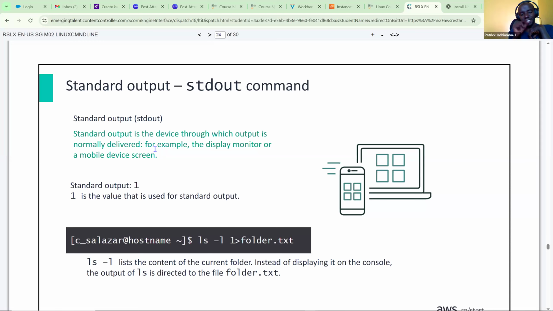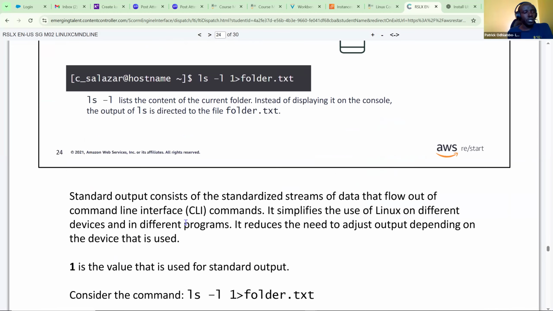So it lists them as a list. Then the output of ls is directed to folder.txt. So the output that is being listed, instead of being displayed, is directed to a file called folder.txt. So it shows what the folder has. I want us to do that example.